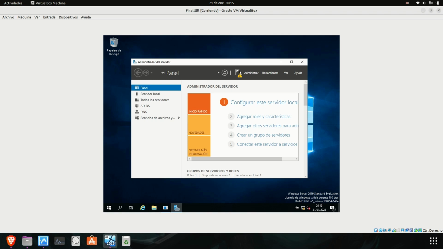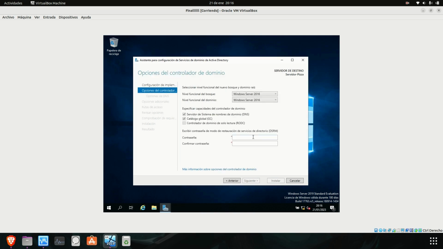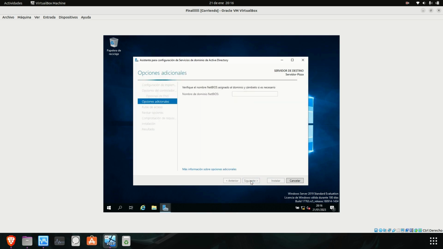Now here in the server there is this flag with the promotion of the controller that we need to do because we have installed the services from Active Directory. We're going to create a new domain that is apart from the one that we have, so we're going to call it this one, pizza.com, and we click next. We put a password for this domain controller. We click next, we click next, we click next,